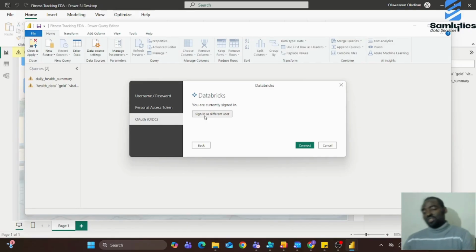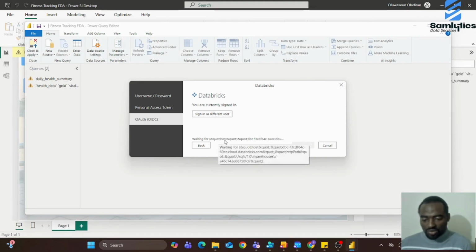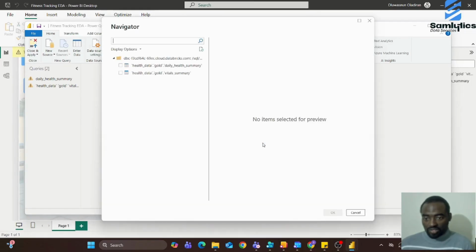So make sure you use this Alt or OIDC. It brings you a pop-up, and on that pop-up you can put your email. Once you give your email, I think that's fine. If you need any authentication, it will send it to your email, and you can use that too. So you can see it's connecting. Once the connection is done,